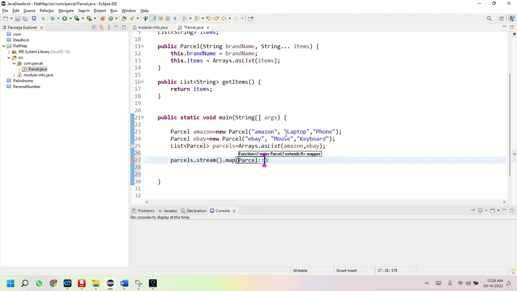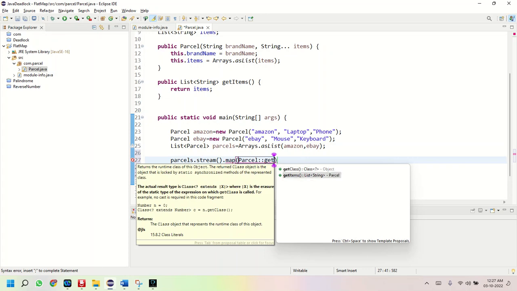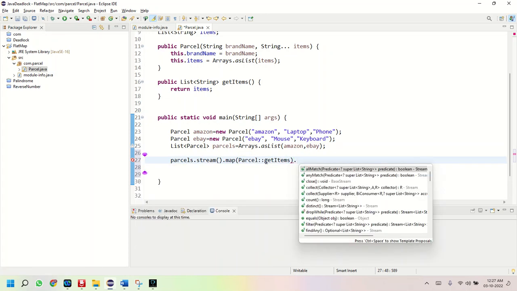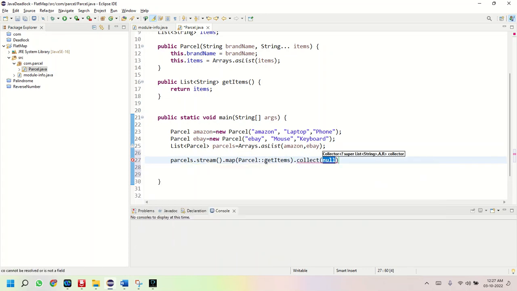I want to perform it on the item data, from the item. So I'll take whatever item data is there, like laptop, phone, mouse and keyboard, and perform the map operation. So I'll do getItem, and after that to collect, I want to use Collectors dot toList,